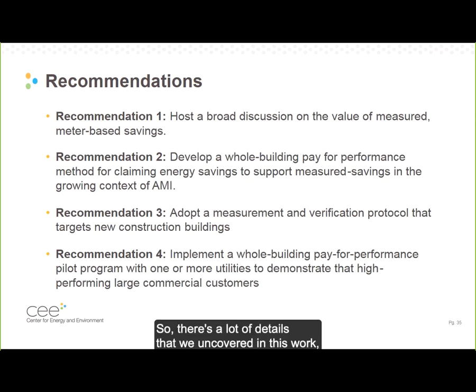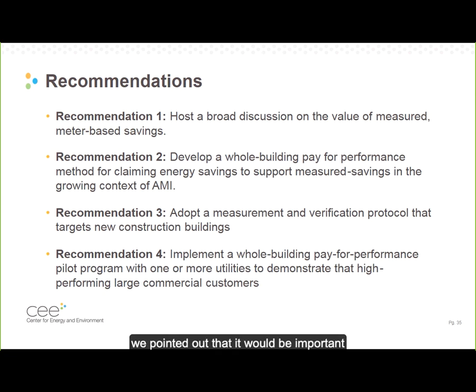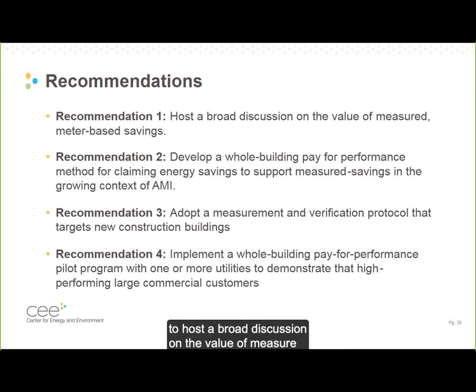So there's a lot of details that we uncovered in this work, but to boil it down to 4 recommendations, we pointed out that it would be important to host a broad discussion on the value of measure or meter-based savings. There is not a lot of detailed discussion that's happened on this topic yet in Minnesota, and understanding how we value this as an industry and the value to customers and the public good, it is a key question for understanding how we might utilize a pay-for-performance